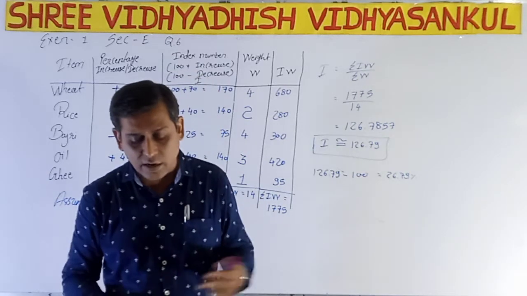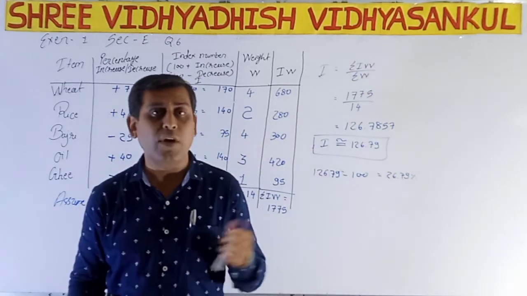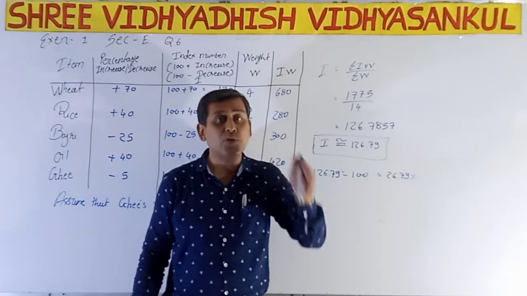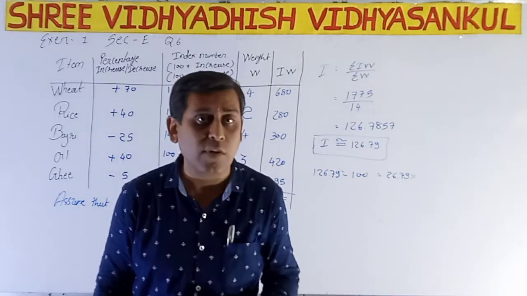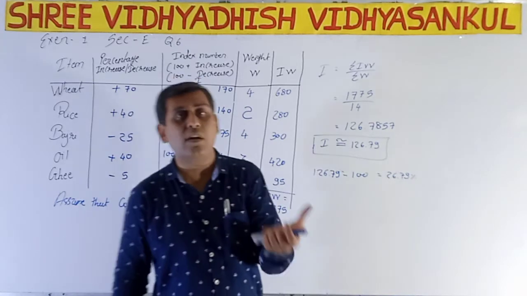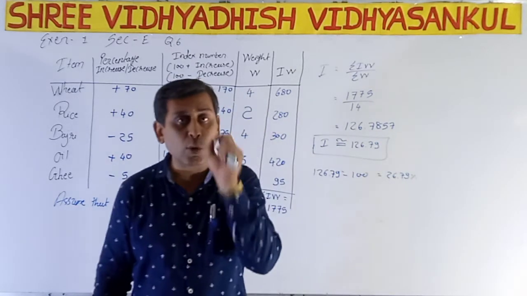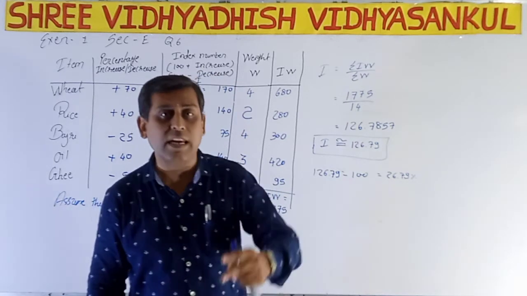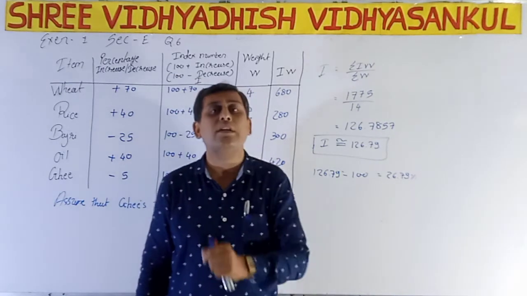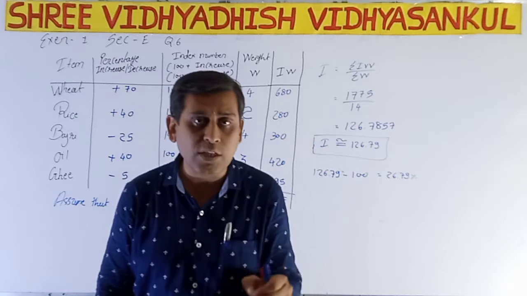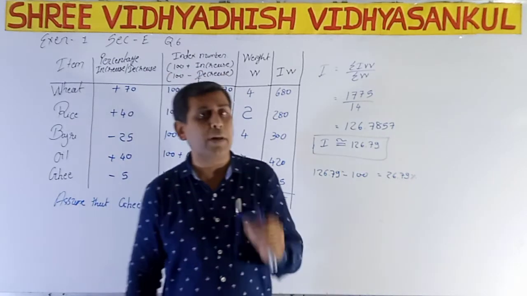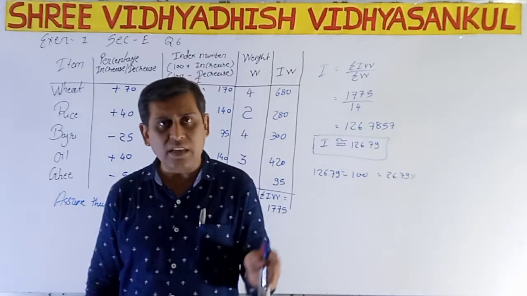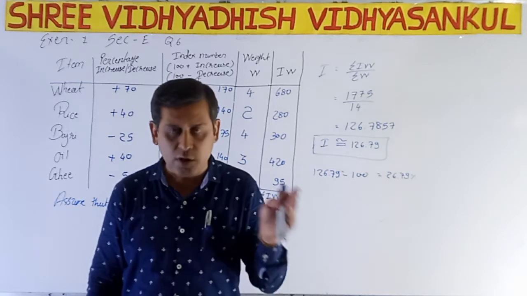Okay, now the second one is also easy. You have to find out Paasche and Fisher index number. In this question consumption, that is quantity, is given, price is not given. See, in the first question price was given, quantity was not given, you have to find out the quantity of the particular item from the total expenditure column. And here in the second sum, price is not given, quantity, that is consumption, is given. You have to divide total expenditure by the consumption and find out the price, and then find out the Paasche and Fisher index number. Okay, so both are easiest sums. You have no doubt regarding those two particular sums.